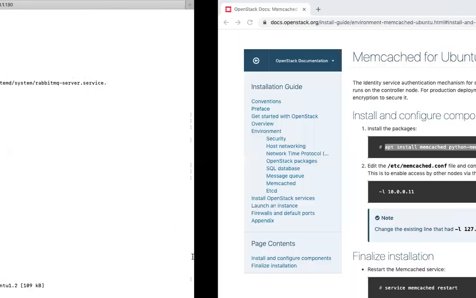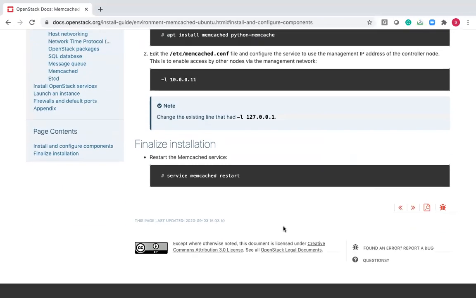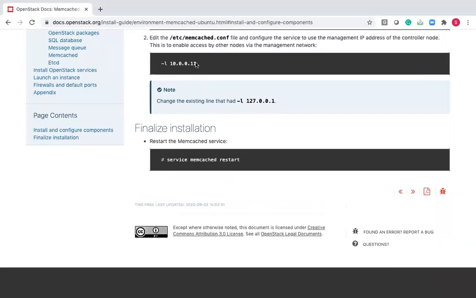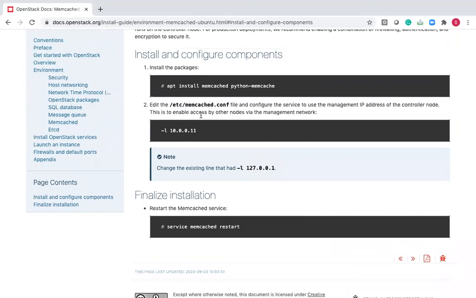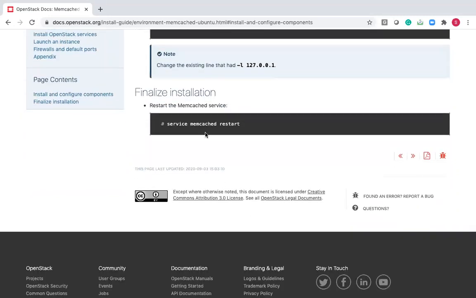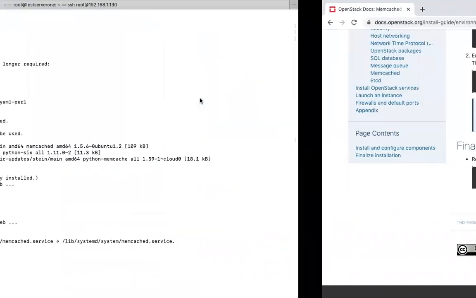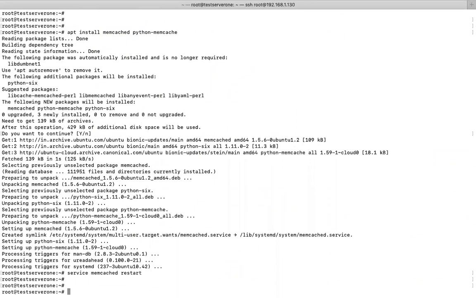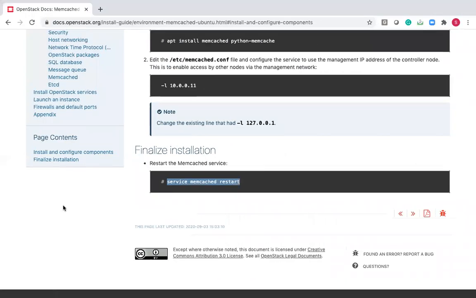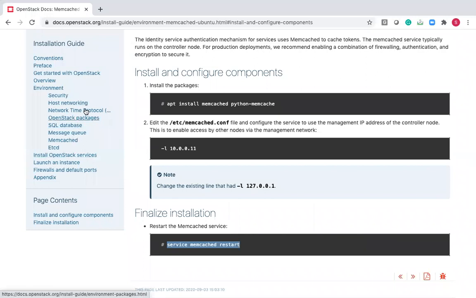By default, it will be listening on 127.0.0.1. I'm comfortable with that. So I'm not going to change anything. If you want to make it listen on a different IP address, then you have to modify this particular line in this particular file, memcached.conf. I don't want to do that. I'm okay with listening on 127.0.0.1 for my setup right now. Okay. After this, let us try to restart. I have not done any changes, but let's try to do a restart. Okay, now all the minimum things, the prerequisites which are needed for your OpenStack Keystone, are done.